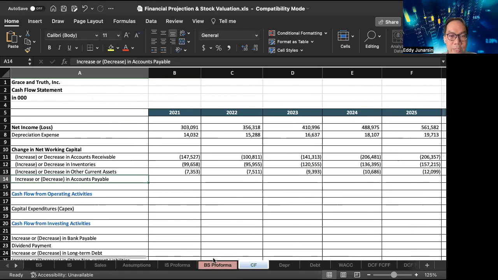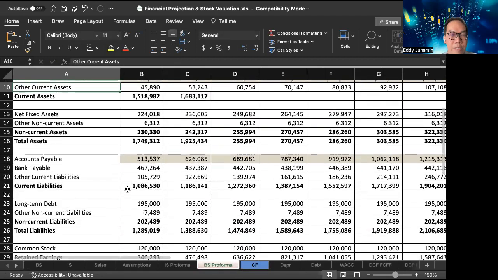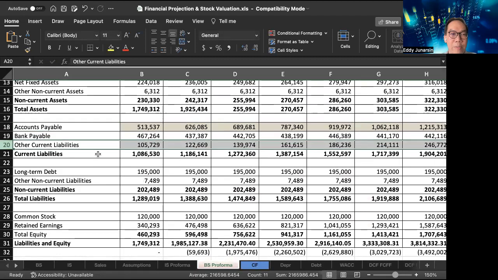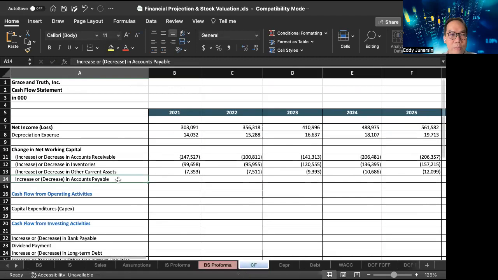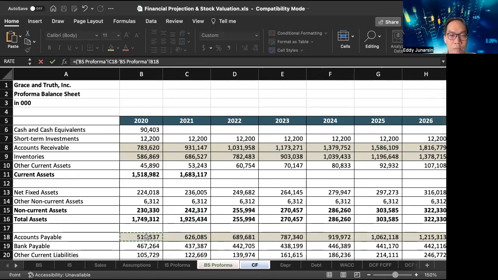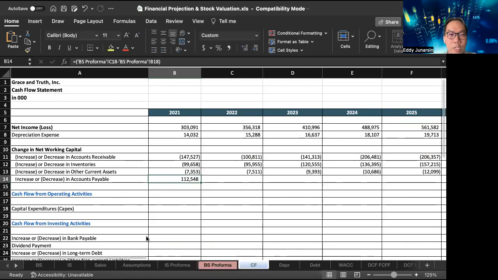Okay, let's go to the right-hand side. Sorry, on the current liability side, we have accounts payable, and we have other current liabilities. Let's start from the increase or decrease in accounts payable. Accounts payable 21 minus 20. Okay, it's positive now. So you can imagine that an increasing accounts payable will add cash to the company, because